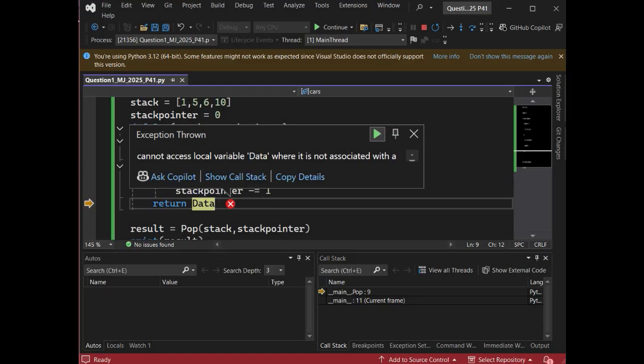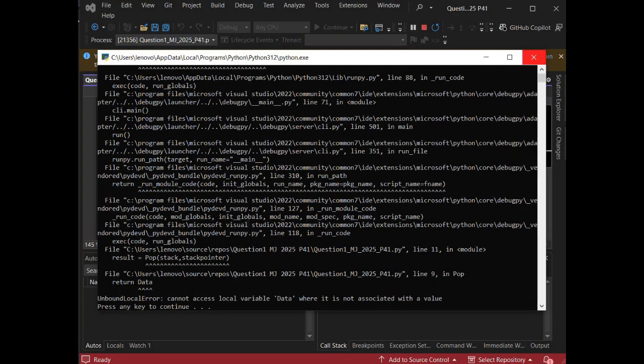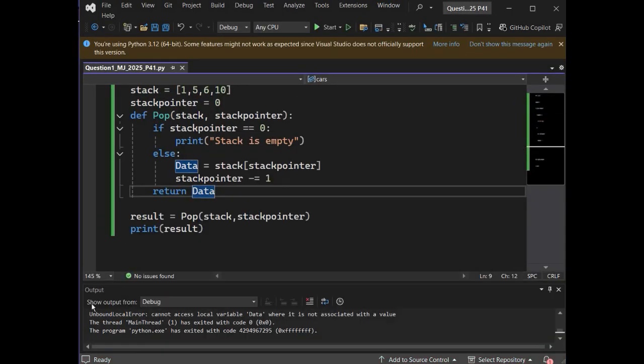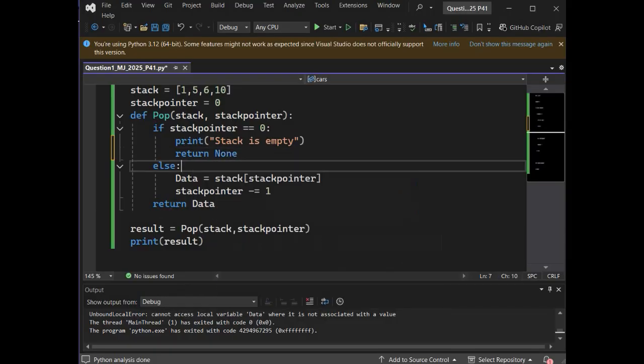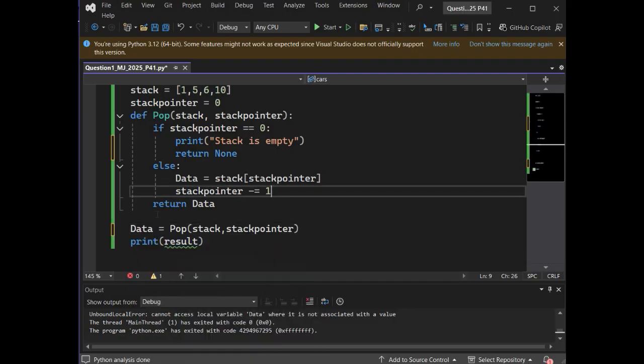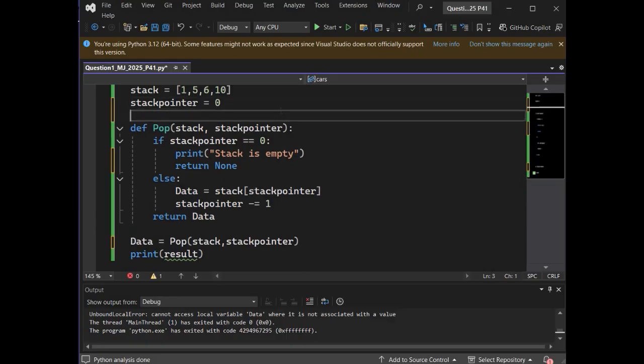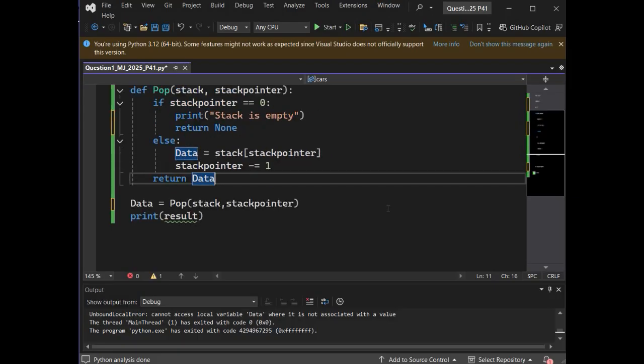Okay, now it's saying that this is... let me change that a bit, return none, otherwise return data, and I'll just make it into data. Okay, data is not really a global variable, so I'll just make it like this.